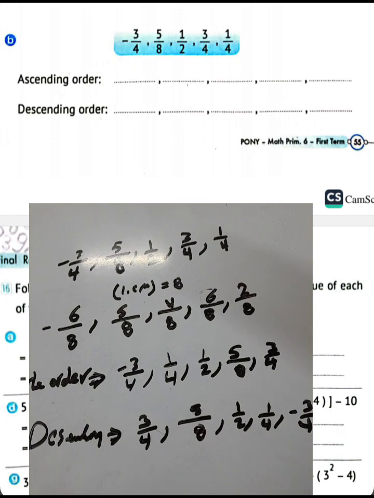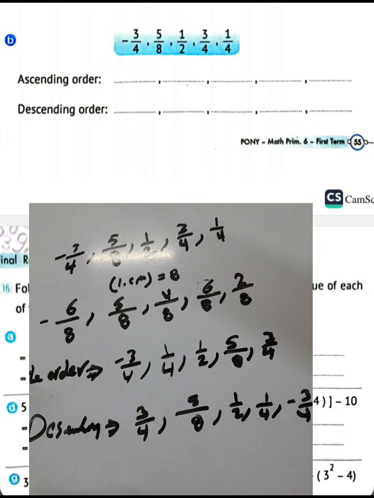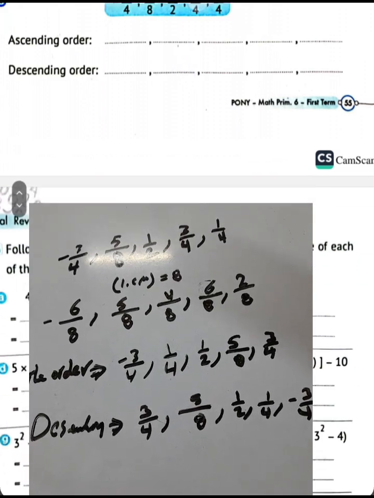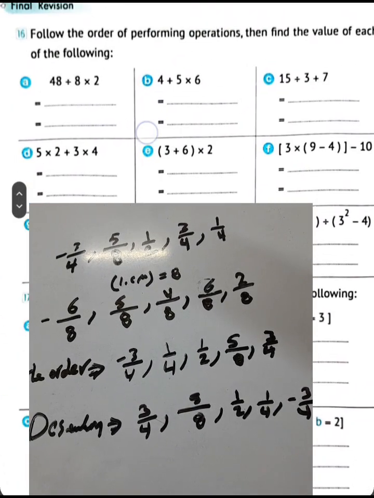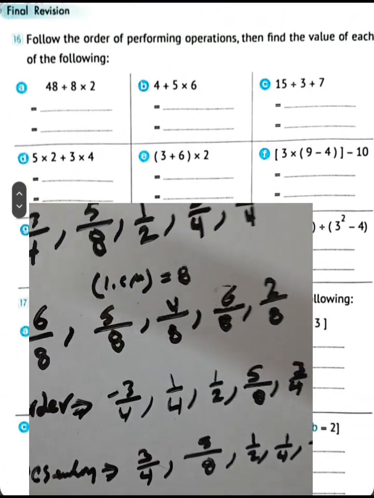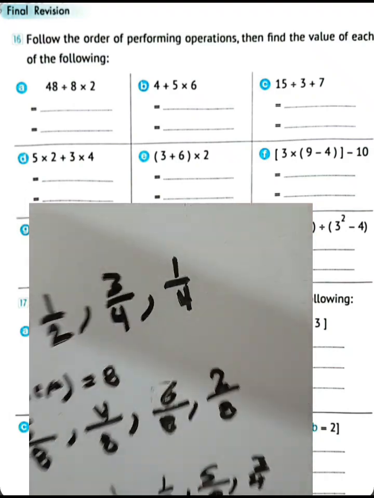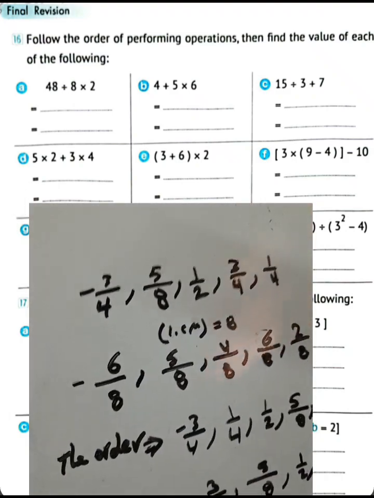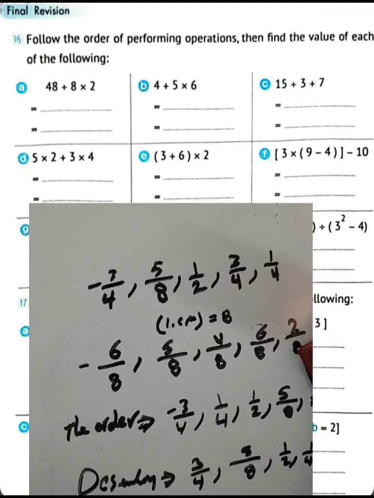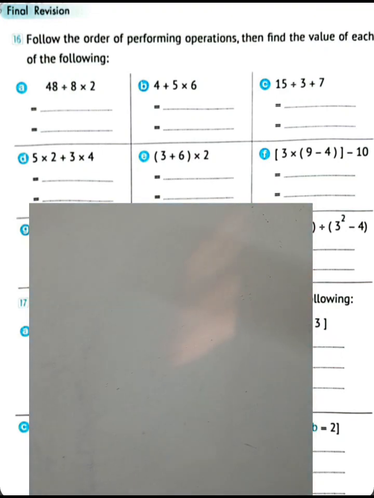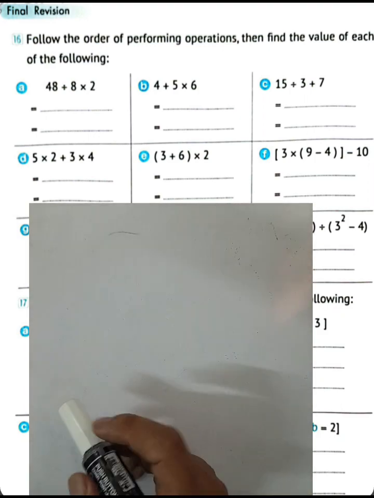Okay, follow the order performed, find the value of each example. We have the order of operations: we know parentheses first, exponent next, multiplication and division in the same step, addition and subtraction from left-hand side to right-hand side, first come first served. Okay, letter A,